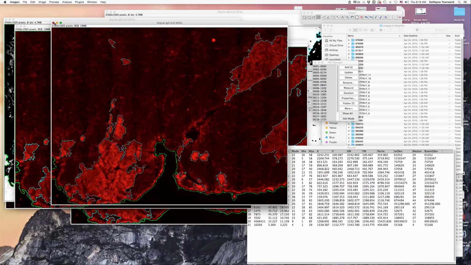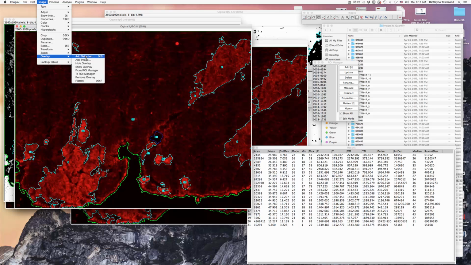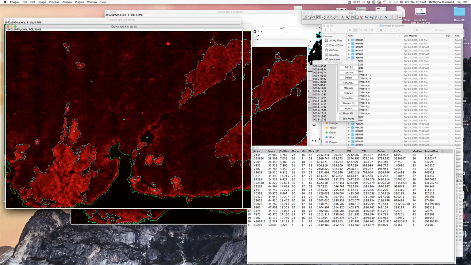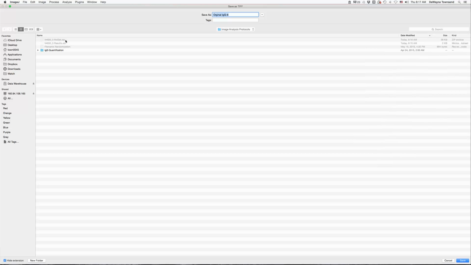And we end up here with this overlay image. Oh, one thing we forgot to do though, so let's go back, is Show All, so that we can see the individual numbers, which is helpful later on if we're referencing the image from this. Alright, so let's redo that, Overlay, Flatten. Okay, so now we have this image that's quite nicely done. Okay, and then we're going to do a Save As TIFF, and we're going to call this